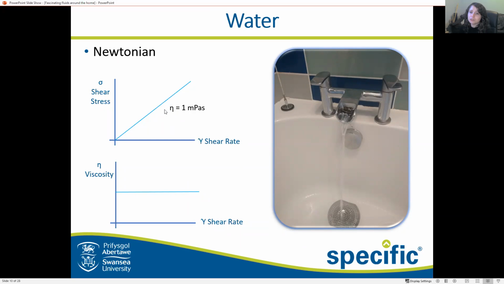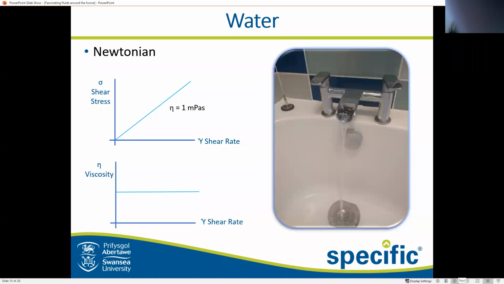And then we use these values to compare how viscous a fluid is. So 1 is very low. And then you can have something which is really high, like some of the inks I'll talk to you about later, which can go up to the hundreds of Pascals, not even millipascals. But so water is a nice, simple fluid. So I'll give you my little demo. If I get a little chopstick, it doesn't matter how fast I stir it or how long I stir it, it will always behave that exact